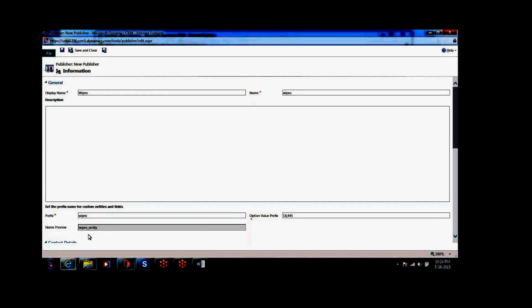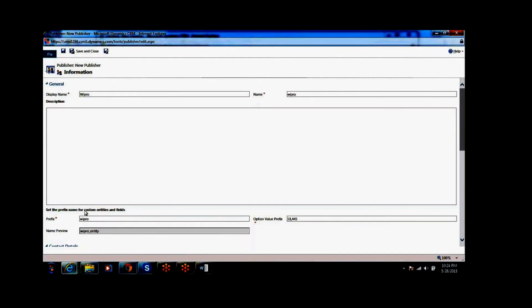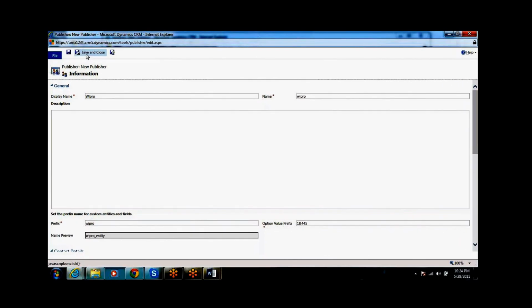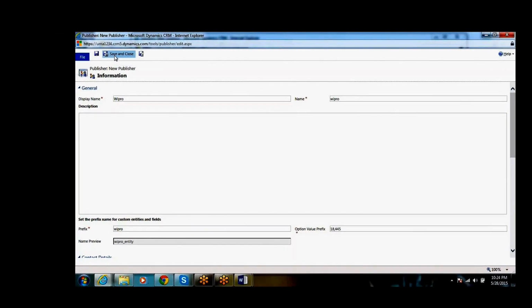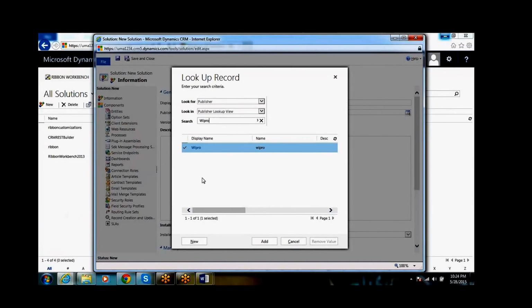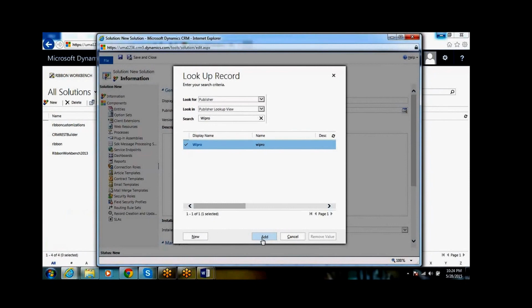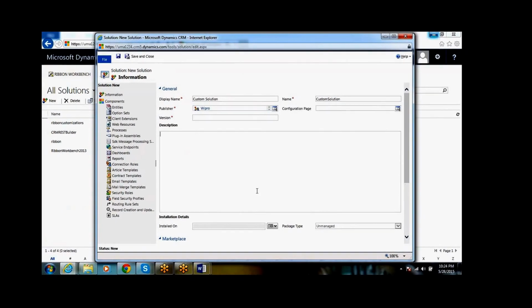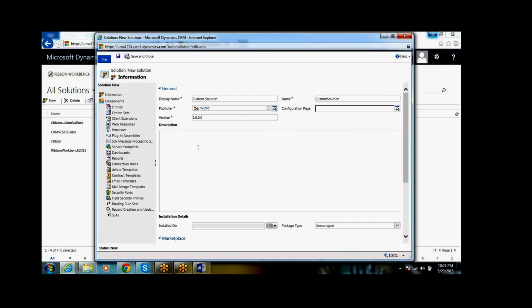If you save and close this publisher, this is the publisher. Then I select the solution for this publisher. If I select the version name and you give 1 and tab out, this is the first version of this solution.